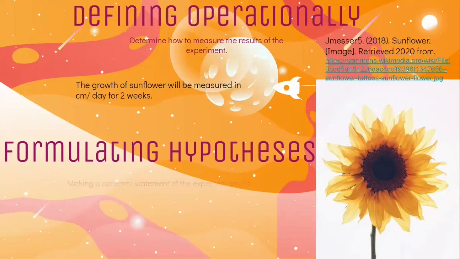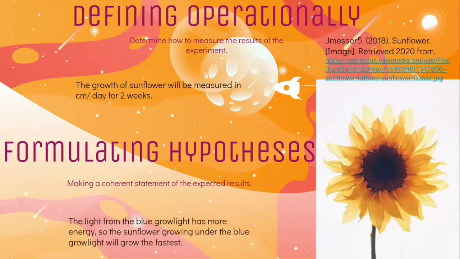So for example, in this experiment, we were testing the blue grow light and the red grow light. And so what makes the blue and the red different from one another besides the color? What scientific knowledge is out there about red lights and blue lights that I can use to help me think about my hypothesis? And so I could do a little bit of research on that and realize